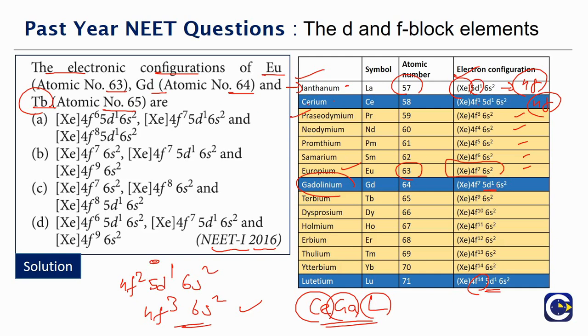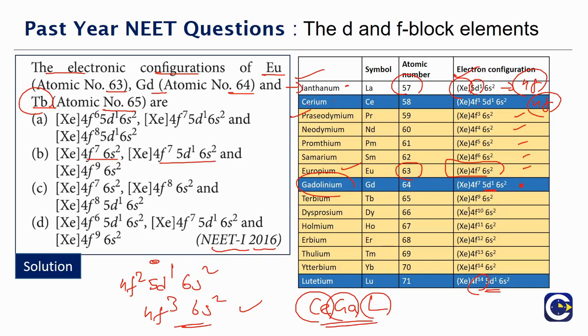Then gadolinium, here this is the arrangement where the 5d electron is retained. So it will be xenon 4f7 5d1 6s2. So if you look at these options, europium is 4f7 6s2, gadolinium 4f7 5d1 6s2. Then